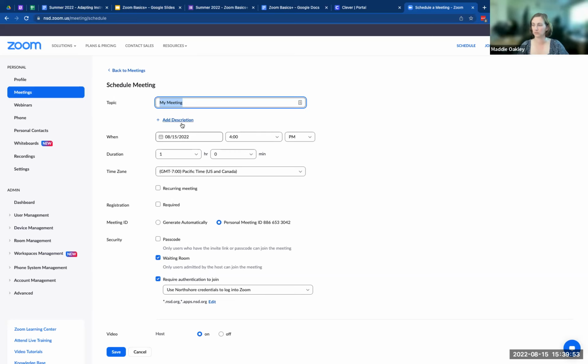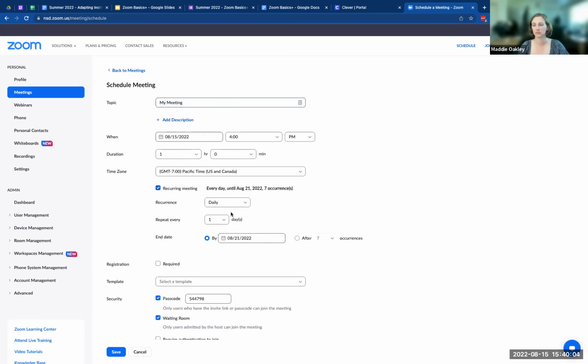It should be pretty similar to what you'd expect from a calendar tool: you give it a name, a date and time, a duration. It can be recurring, and just like any calendar system it has options for daily, weekly.